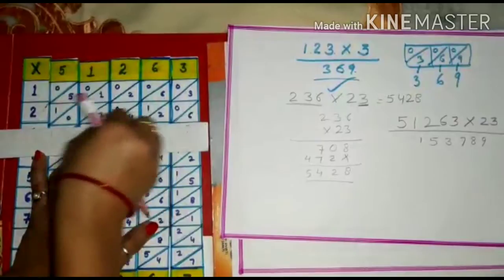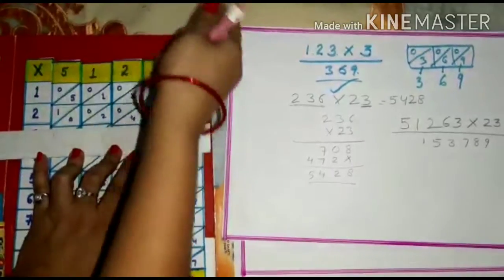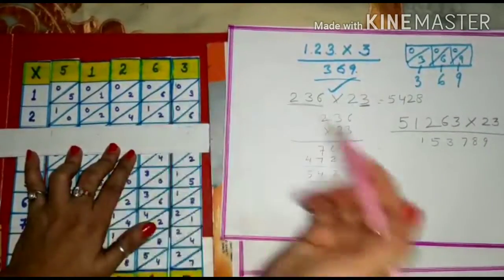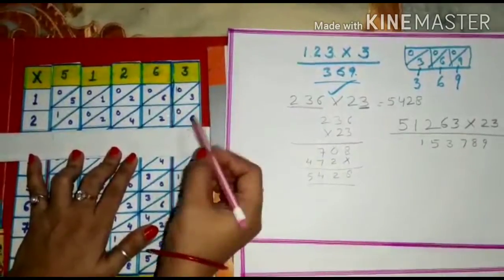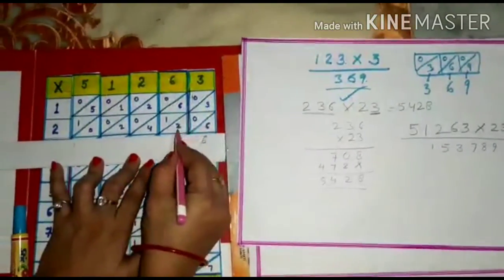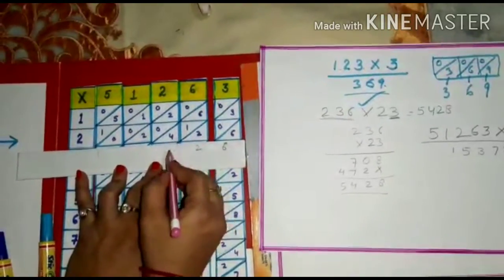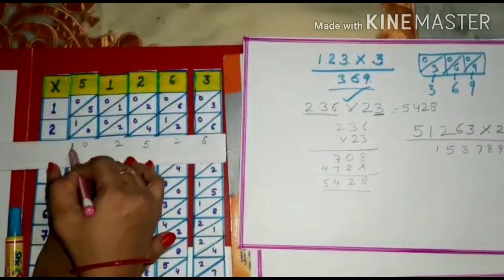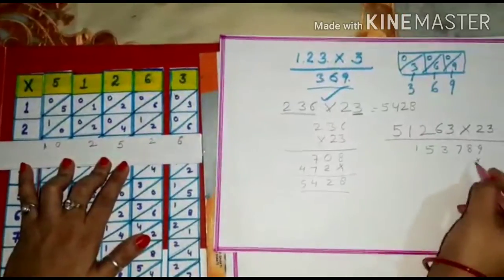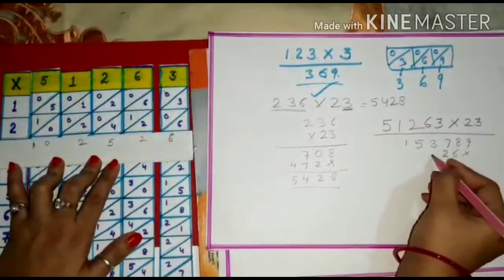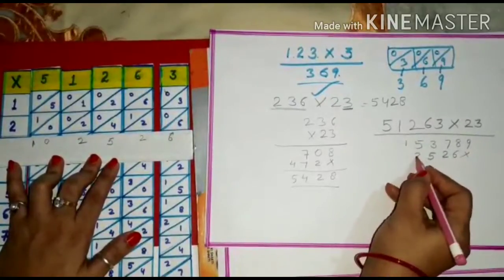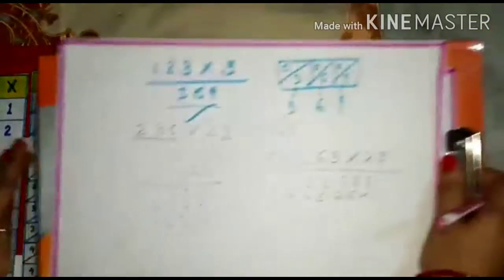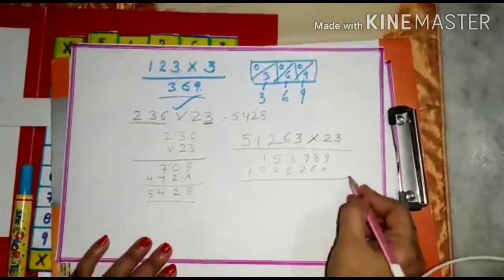Students, this is a very easy method to do calculation. Okay, let's multiply by 2. So the result is 6, 0 plus 2 is 2, 1 plus 4 is 5, 0 plus 2 is 2, 0 and 1. So let us write down this number here: 1, 0, 2, 5, 2, 6. Let's do the calculation. Sum up.